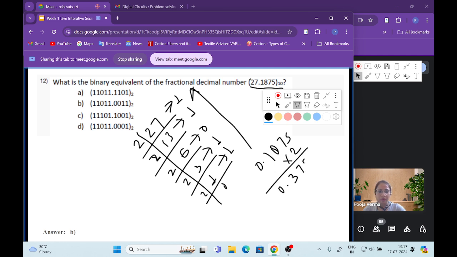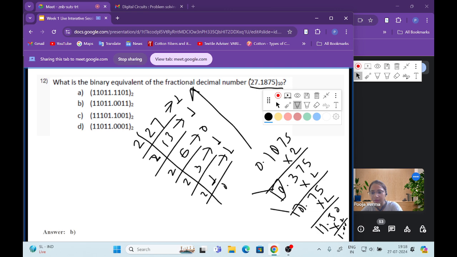0.375, yes, right. Again multiply it, discarding the integer part because it is written in the fraction part. What will you get? 0.75, right? Discard it, take the fraction, and multiply again. What will you get? 1.50. Again discard it and you will get 1.000, right? Now write it: 1 1 0 1 1